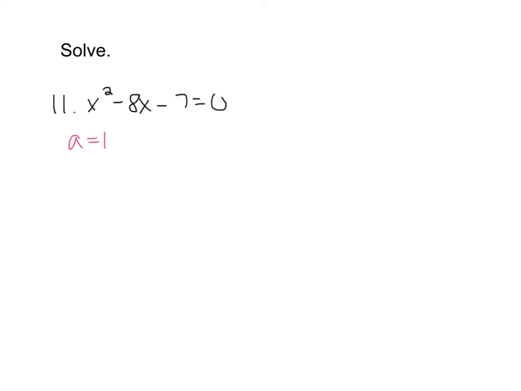Our a is 1 because it's the number in front of x squared. And if there's no number there, the coefficient is 1. Our b is negative 8, and that sign is very important. C is negative 7. Now we're just going to plug this into the quadratic formula, which, in case you forgot,